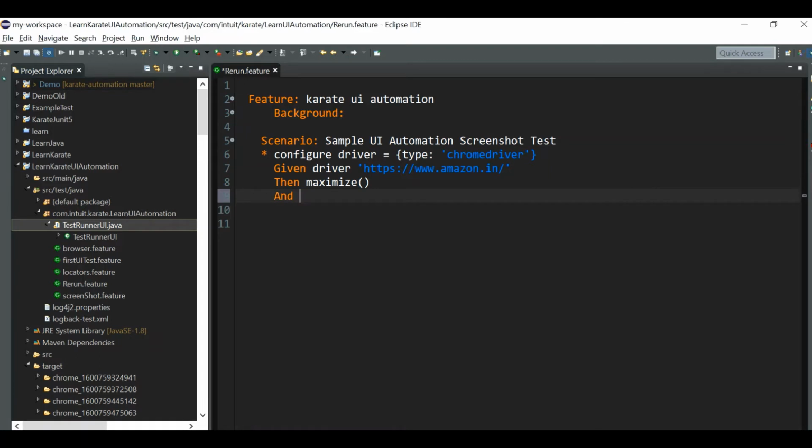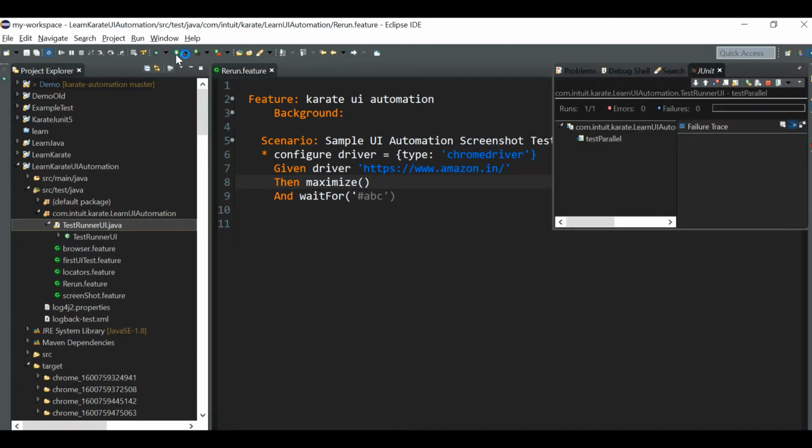So I will wait for a particular element which is not available in our web page. I'm going to wait for any element which has this particular ID, ABC, so the test would fail. I'll just run it again and show you the test.